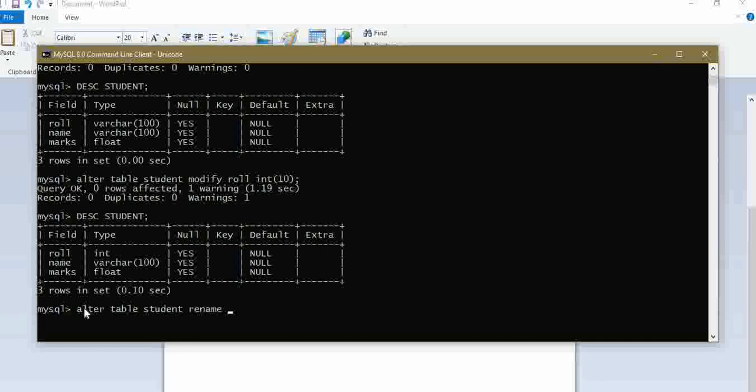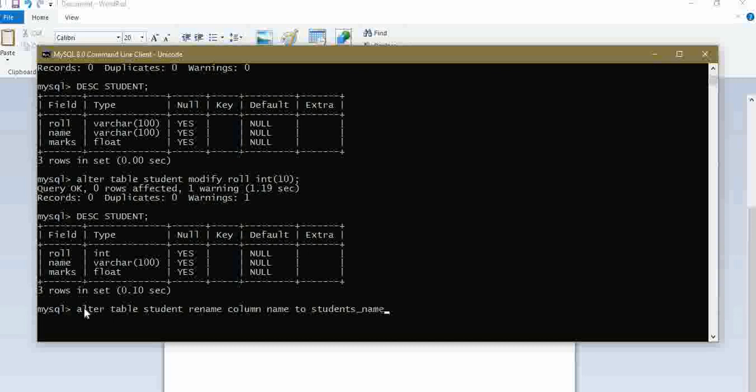Rename is for changing the name of the column. Here the special thing is the keyword column must be specified. And here I want to change the name to student's name. So type name to